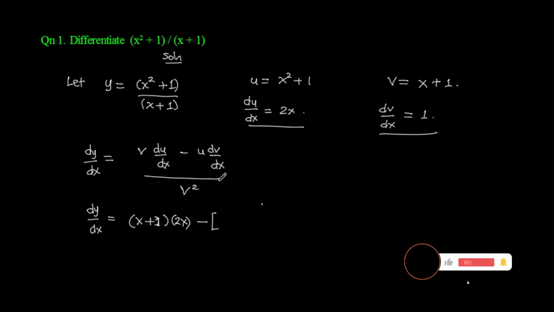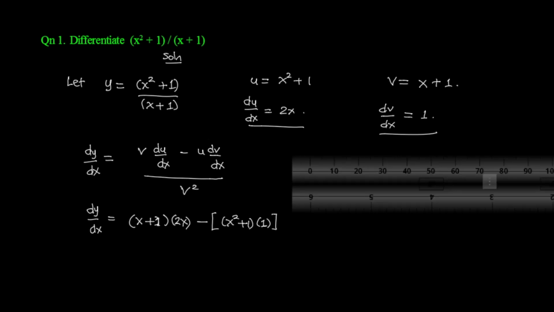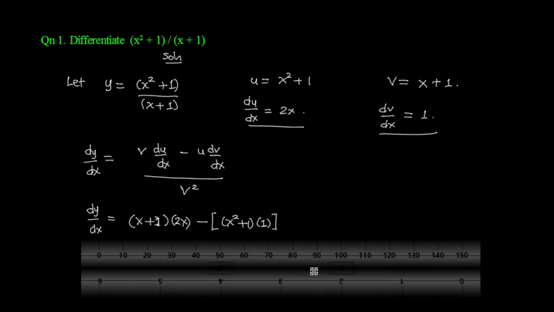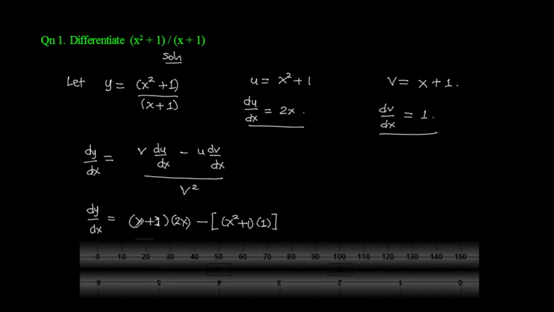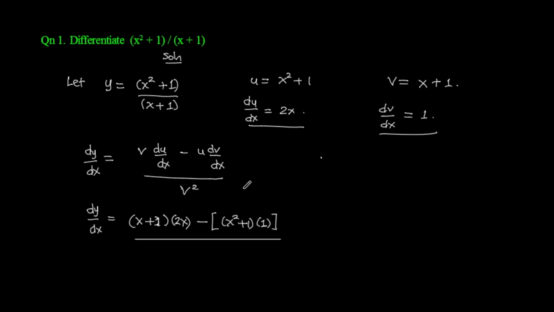So u is x squared plus 1, and then dv by dx is simply 1, so we multiply this by 1, and then we can go to the denominator, so this is over our denominator, that is v, and v is x plus 1,